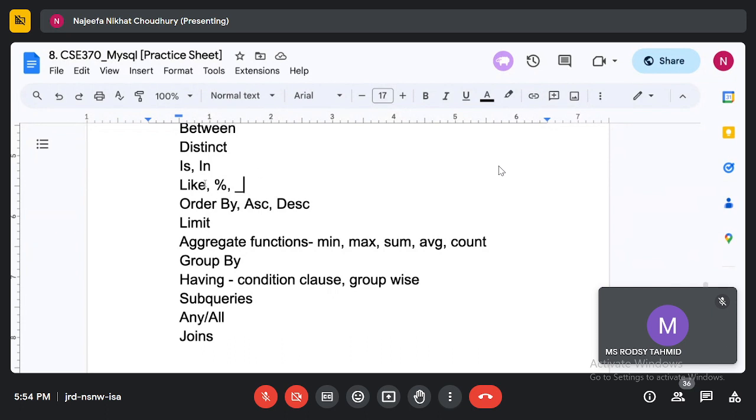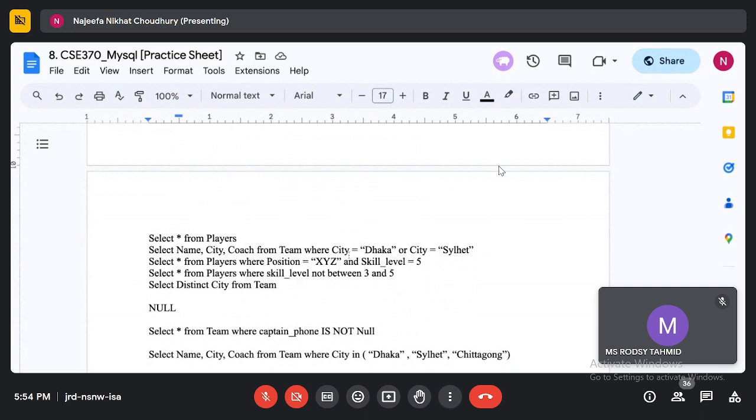The LIKE operator is used to match substrings. Right now, when I said city equals Dhaka, it was matching an entire string. But sometimes I don't want to match the whole string. I want to match a substring, and this is very much required in searching.